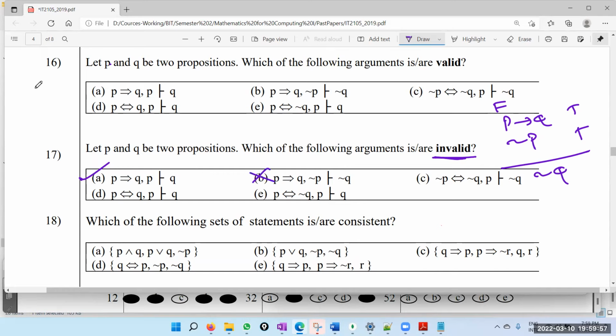So the truth table again: P, Q, P implies Q. True true is true, true false is false, false true is true,